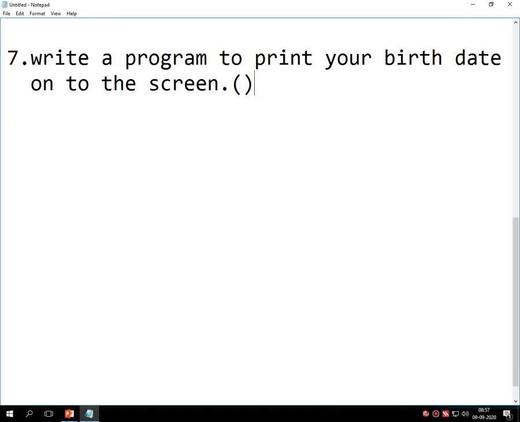Say for example, the birth date is 30 July 1980. Then your output should look like this onto the screen.